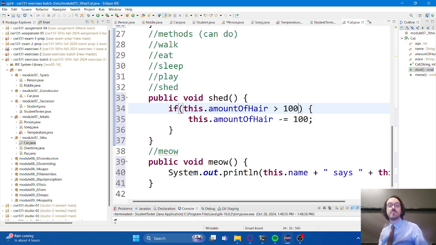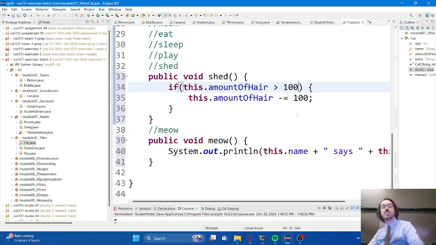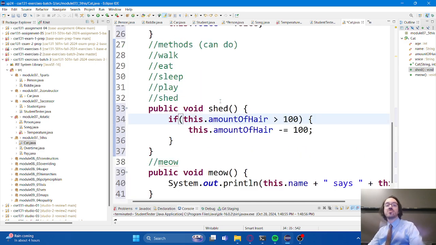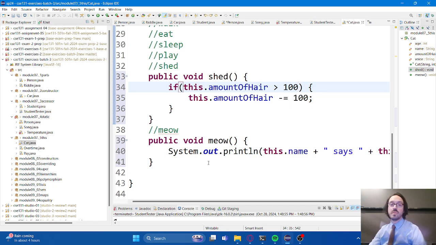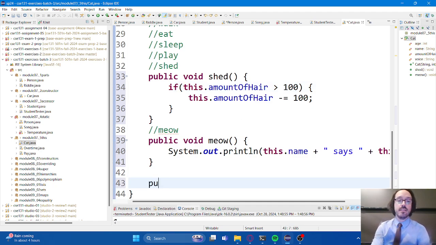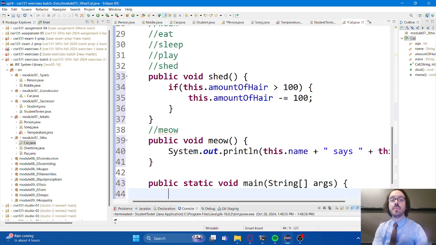All right. And now we're actually at the point where we can talk about constructing some cats, making them do some interesting things. So let's do that. I'm going to make a main method down here. And in my main method, I'm going to create a couple of instances of cats, and I'm going to try to create them to represent the two cats I have at home, Lindsay and Saoirse.